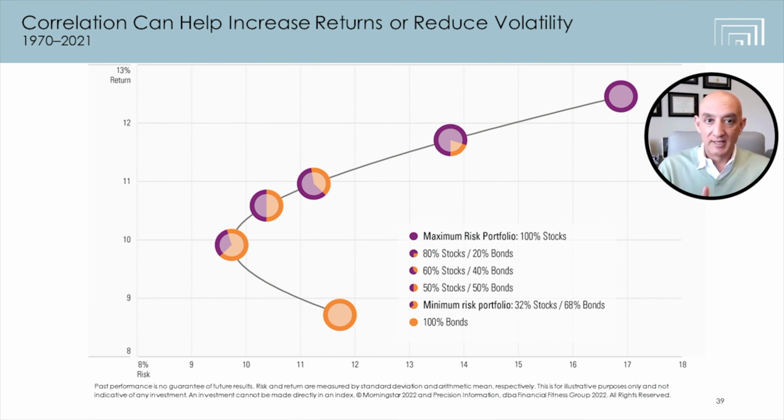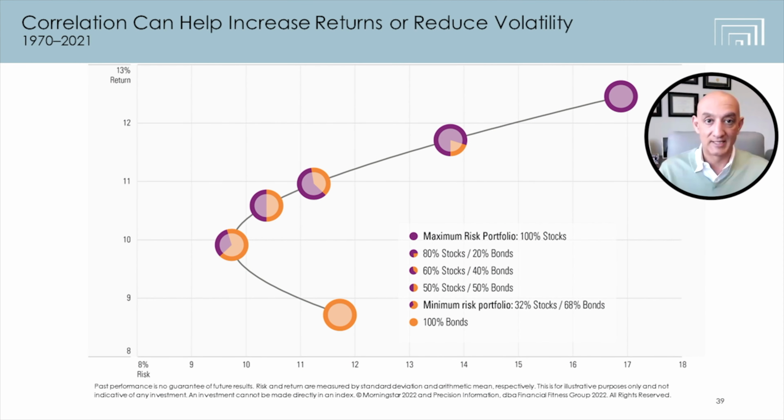Now, this up and to the left doesn't always continue to happen. Ultimately, it really is the more risk you take, the more return potential you have. But the idea is that true diversification, when you're diversified across asset classes, and when you're diversified within those asset classes into different types of stocks and different types of bonds, you can gain either higher returns for a similar level of risk or lower risk for a similar level of return. That's the beauty of asset allocation done right.